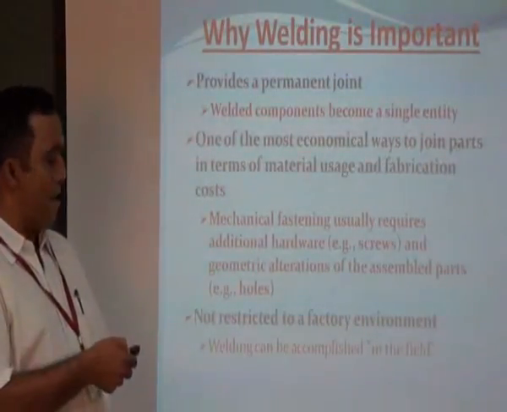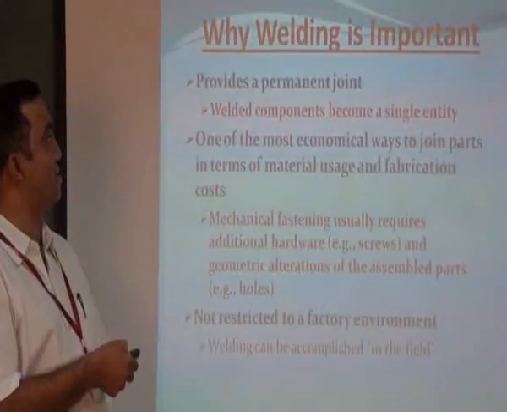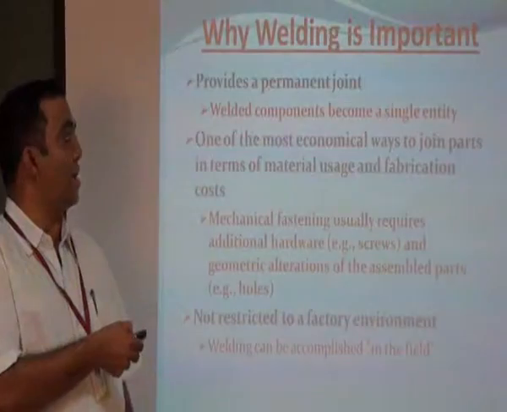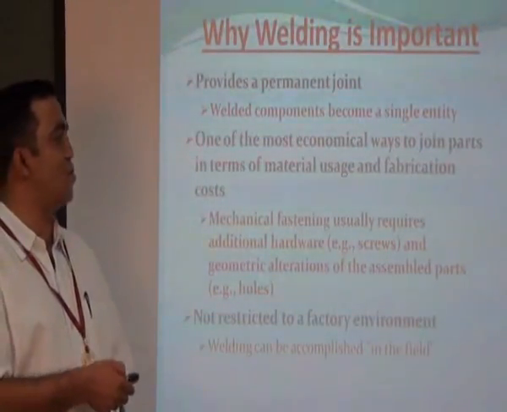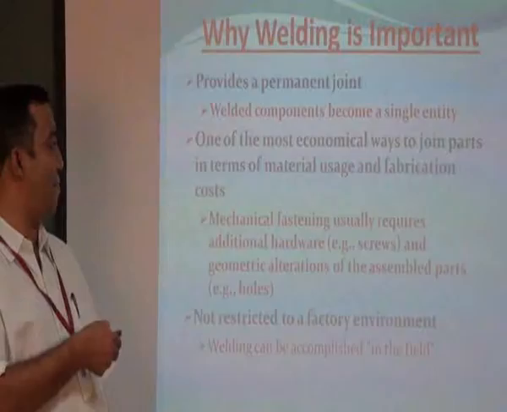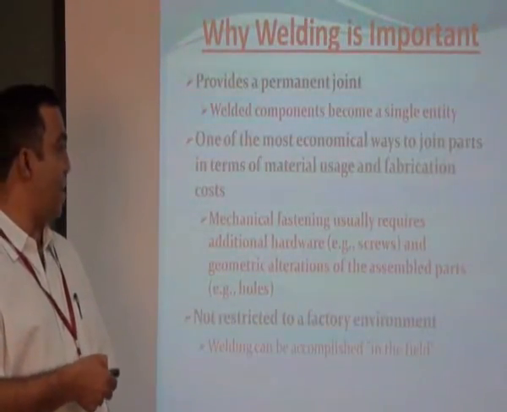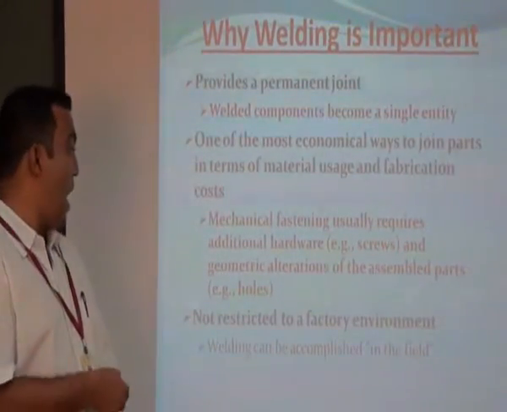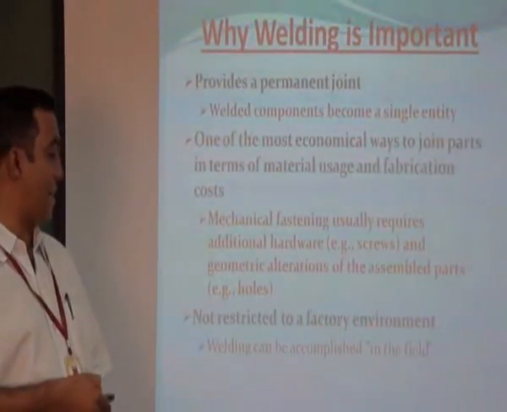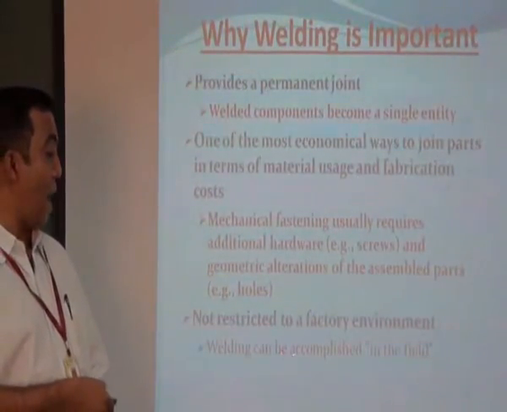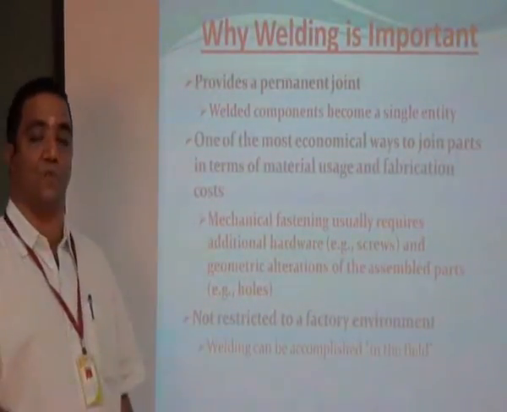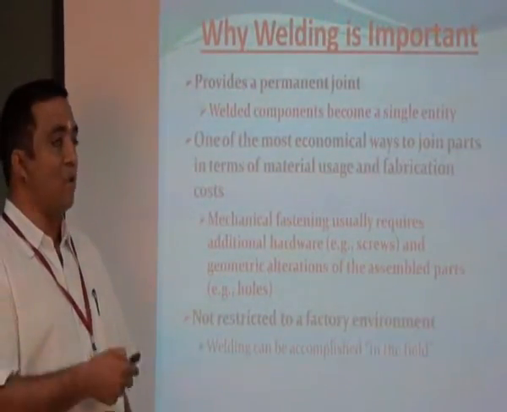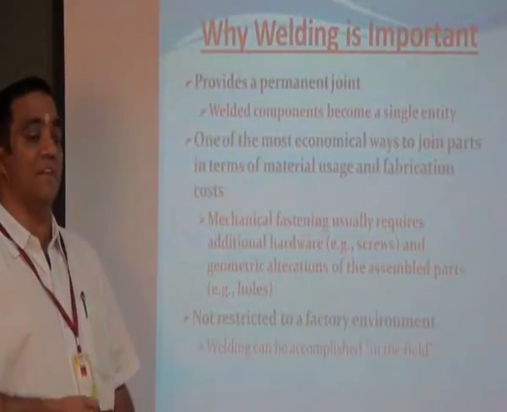is established. And why welding is so important in the manufacturing process is that it provides a permanent joint. Welded components become a single entity, and welding is one of the most economical ways to join parts in terms of material usage and fabrication. Mechanical fastening usually requires additional hardware, for example screws, and geometrical alterations of the assembled parts. And it is not restricted only to a factory environment. Welding can be carried out in the field also. Thus, welding plays an important role in any manufacturing process, and without welding, no structures can be built for